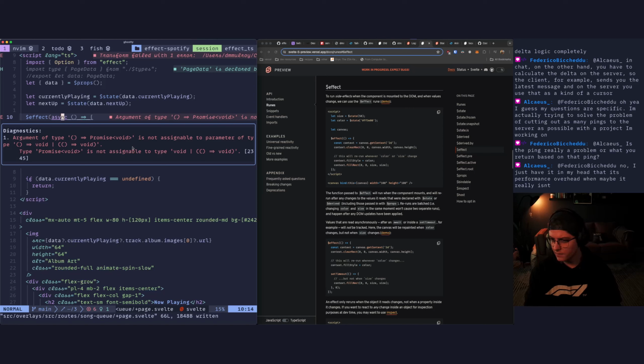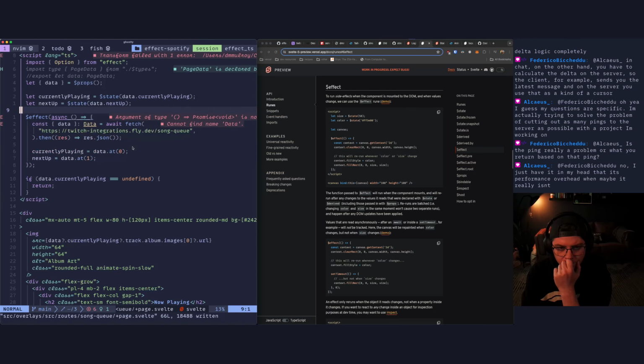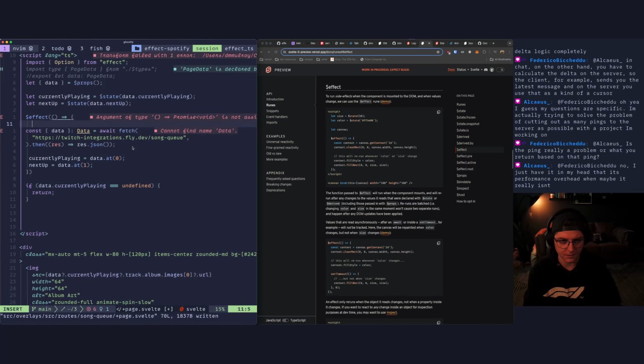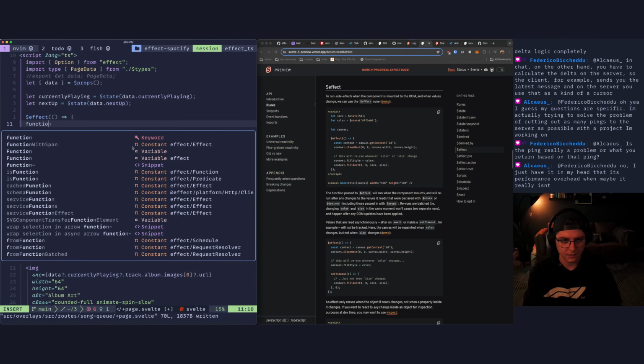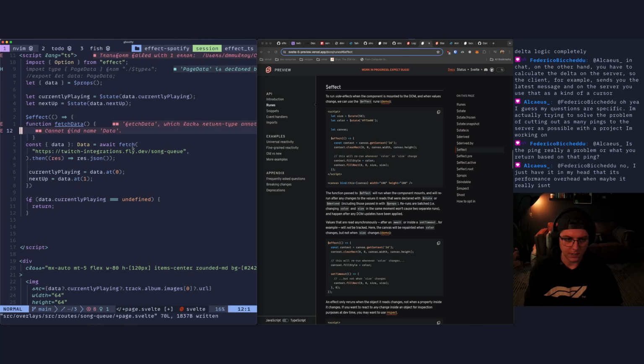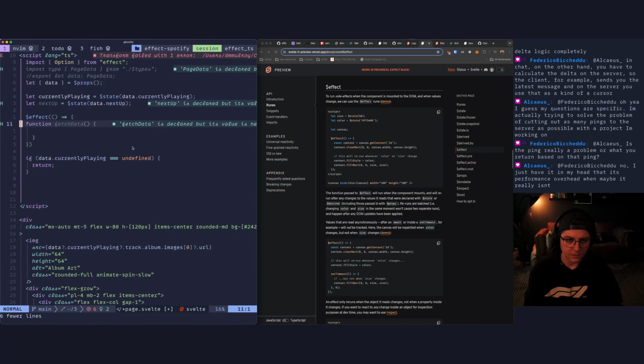Can I now make an effect async? Okay, that's weird. I guess that's just like React though, right? So we can just do function fetchData, and we'll just do that. Throw that in there.